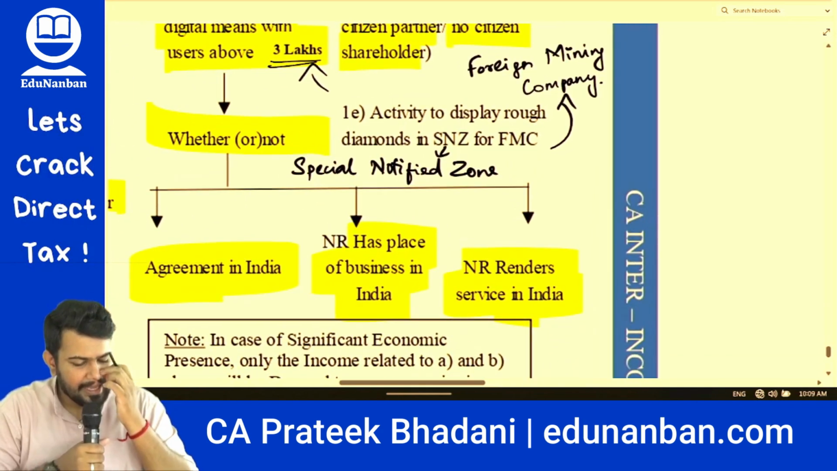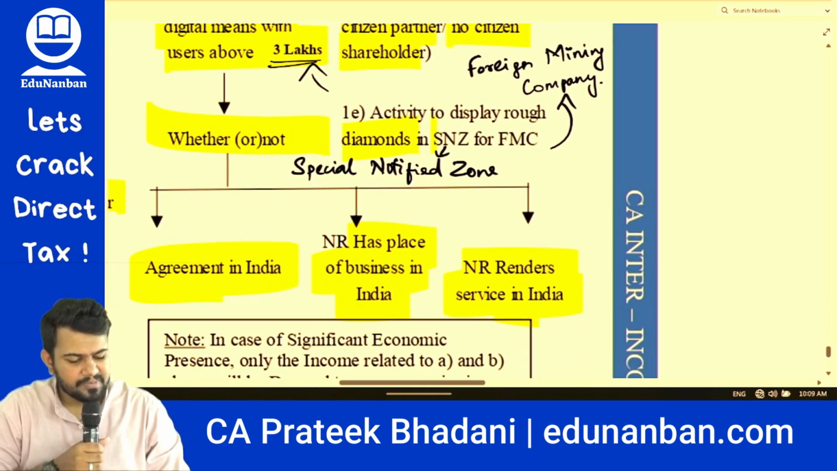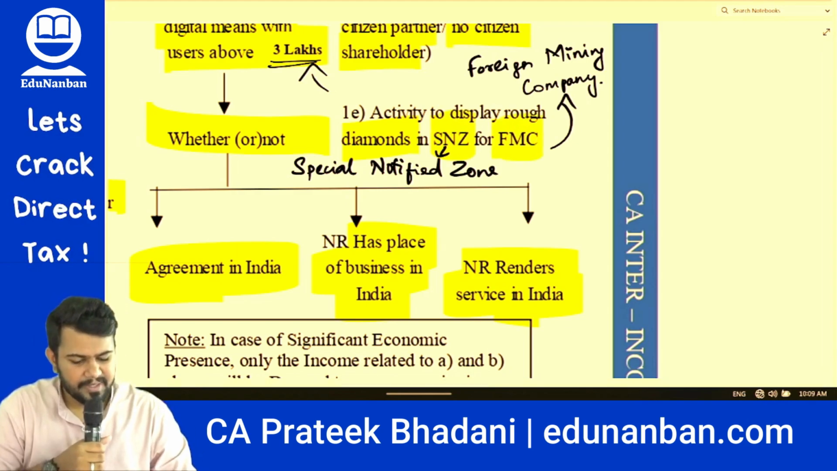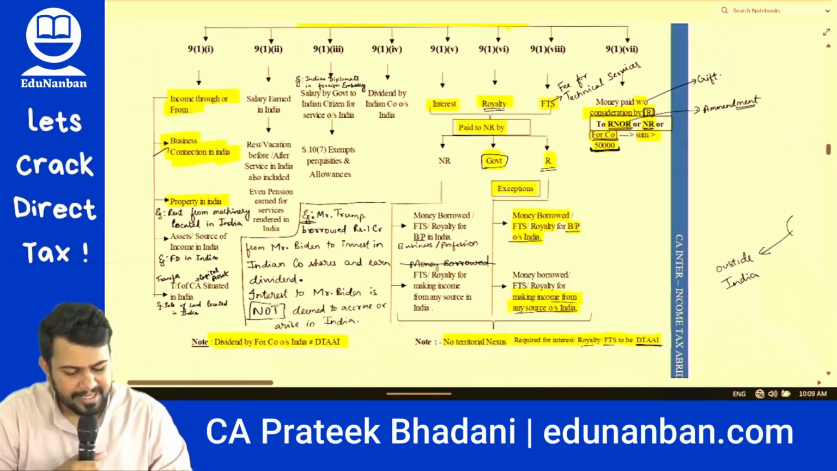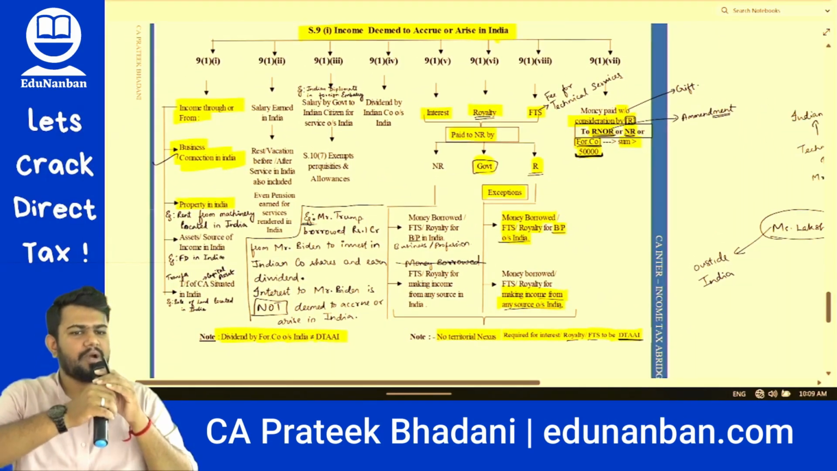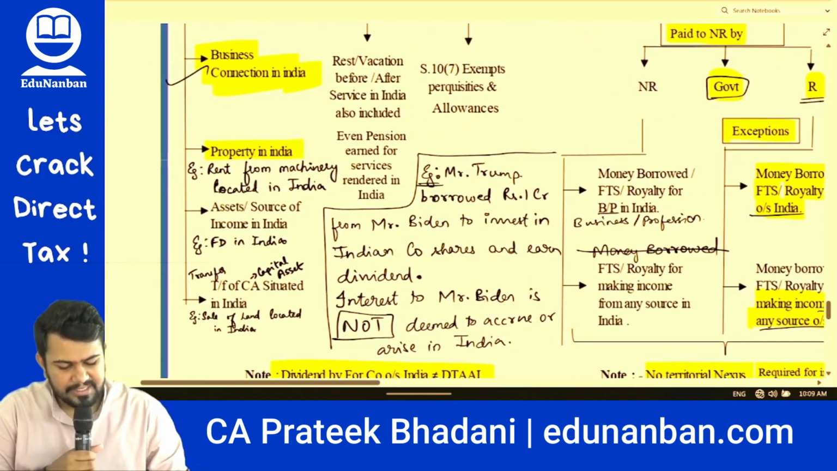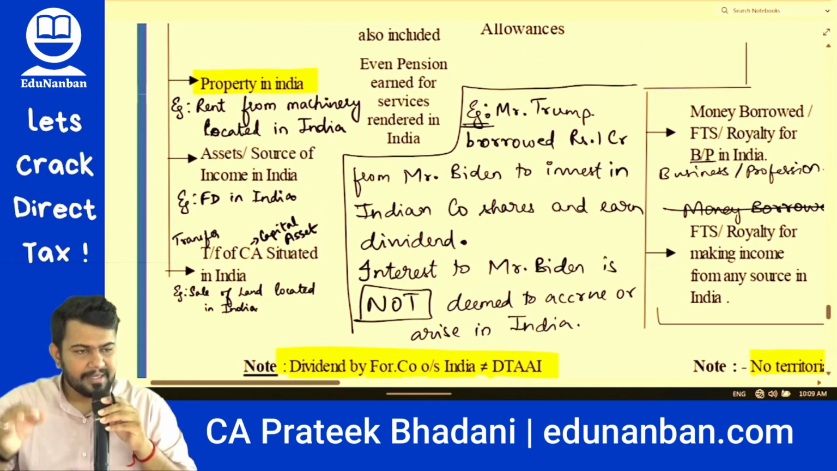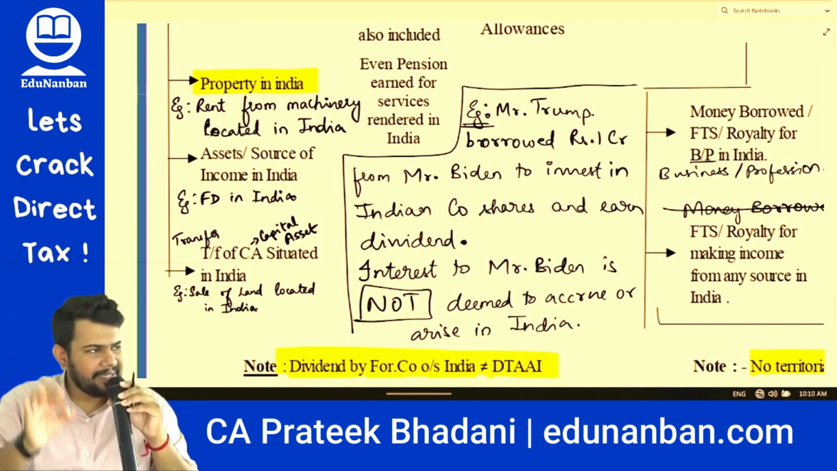And lastly, activity to display rough diamond in special notified zone for foreign mining companies will not be considered as business connection. Now let's come to the other cases where income is deemed to accrue or arise in India. So firstly, we saw business connection. Next, if there is a property in India, then income from such property will be income deemed to accrue or